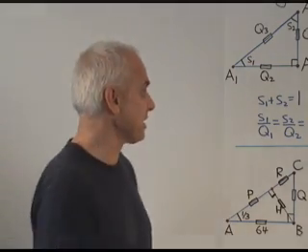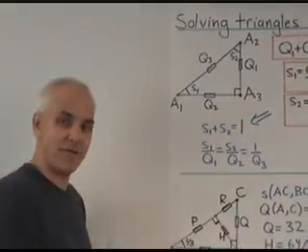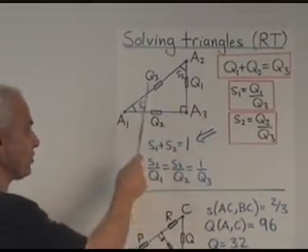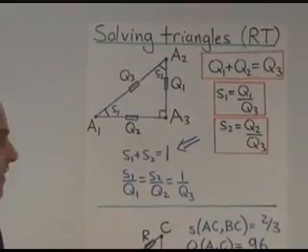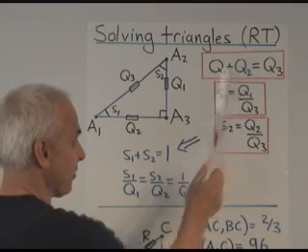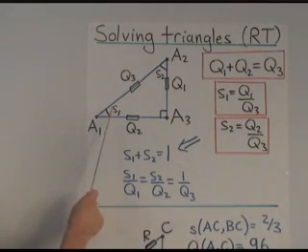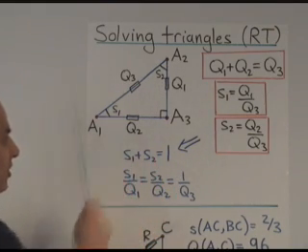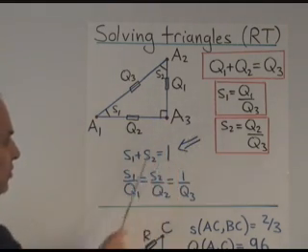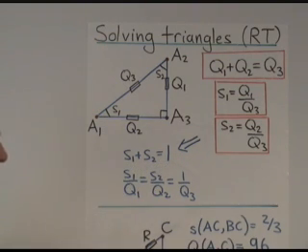To start off, let's look at the simplest situation where we have a right triangle, and it has quadrances Q1, Q2, and Q3, and spreads S1 and S2. The basic facts are Pythagoras' theorem, Q1 plus Q2 equals Q3, and the definitions of the spread: S1 equals Q1 over Q3, and S2 equals Q2 over Q3. From these two, we immediately see that S1 plus S2 equals 1, and these formulas allow us to solve for all of these quantities if we know two of them, with the exception of knowing S1 and S2.